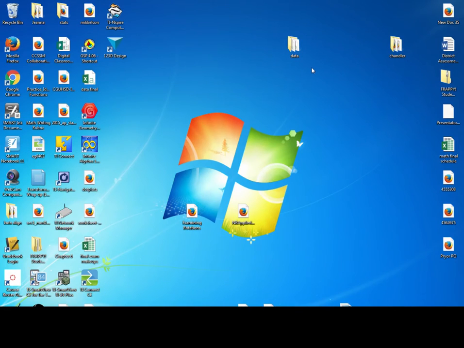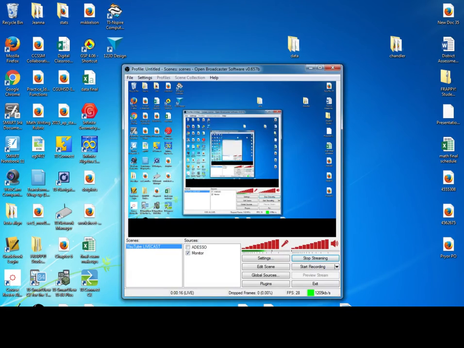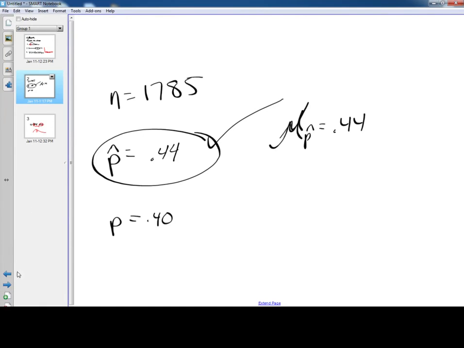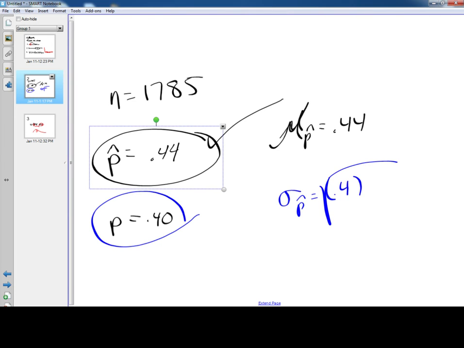Find the standard deviation of the sampling distribution of p hat. Now this one, you probably won't like, because even though we have p hat, we also have that, don't we? So if I want to find that standard deviation of p hats, I'm still going to use the parameter: 0.40 times 0.60 divided by 1785. And that should produce for you these